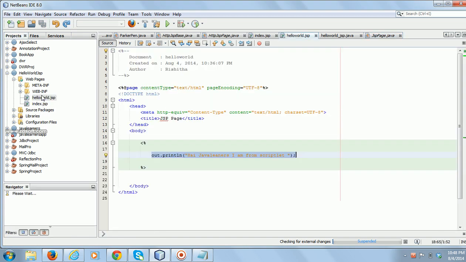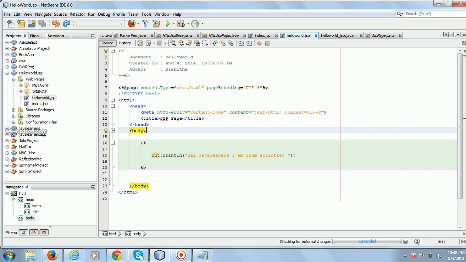So to recap all the things, every JSP page will be converted into servlet by the container. First, if there are no errors, it will generate a Java file. There are two phases called translation phase and compilation phase.